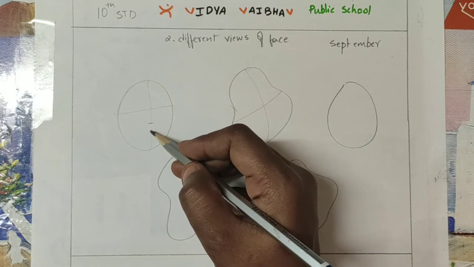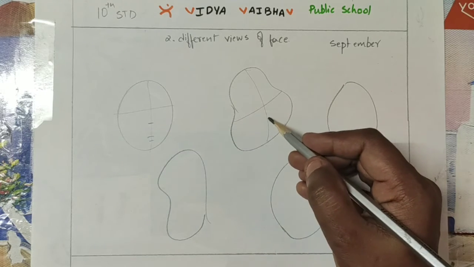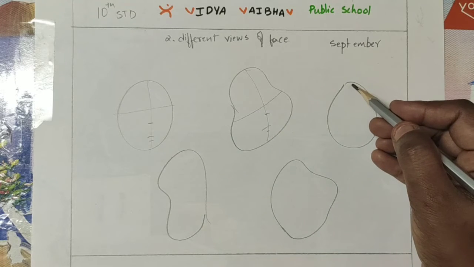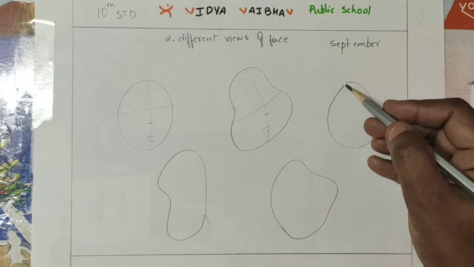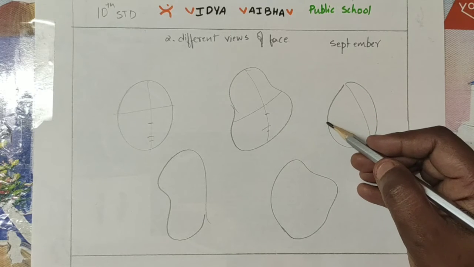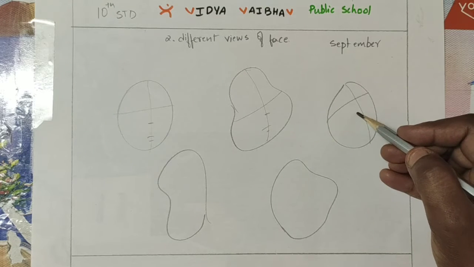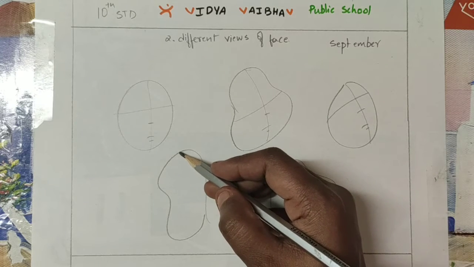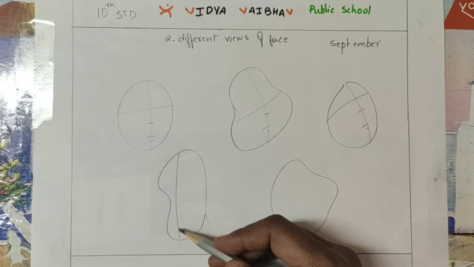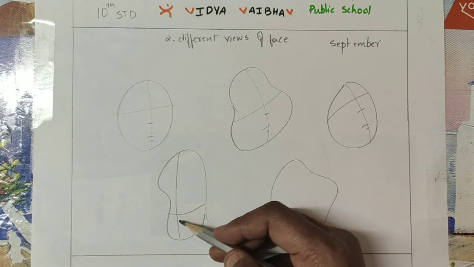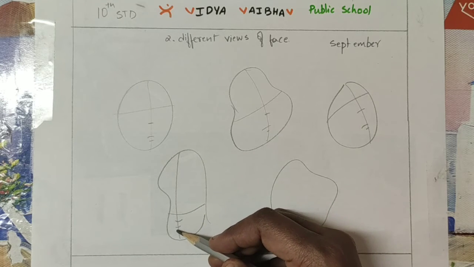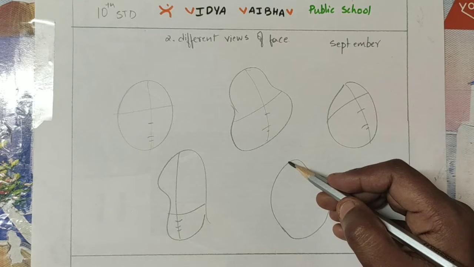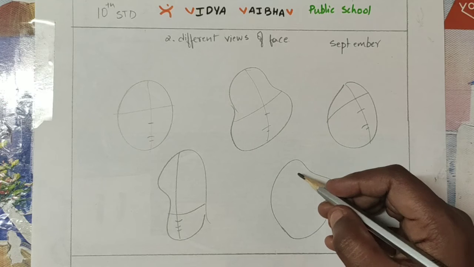Can you see how I'm dividing? When you are dividing for nose and lips, it should be based on the chin and eye level. See, I'll explain here. Draw exactly in the center and the eye line. From eye line to chin, exactly half will be the nose, and nose to chin, exactly half will be the lips. You can work in the different types called low, middle and high, which we learnt in the previous topic.